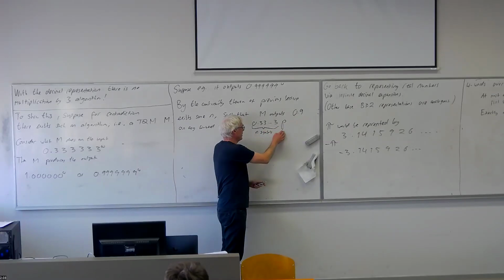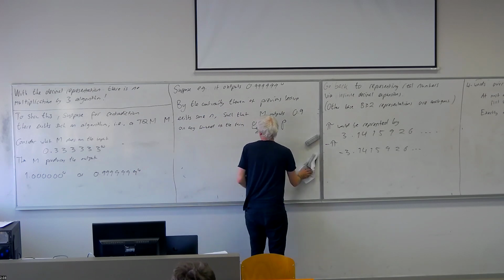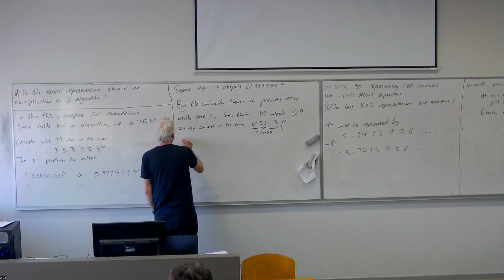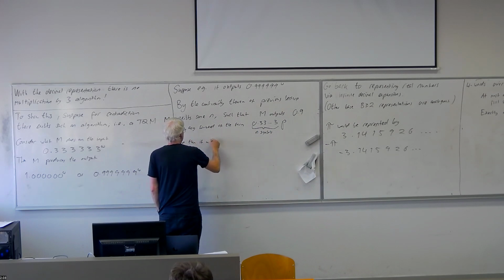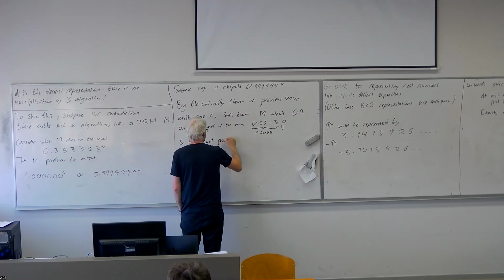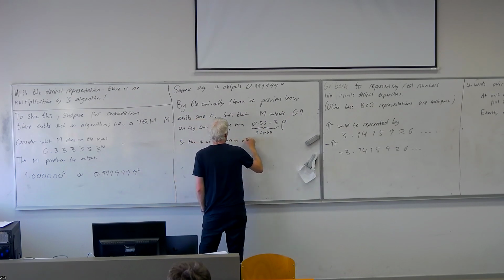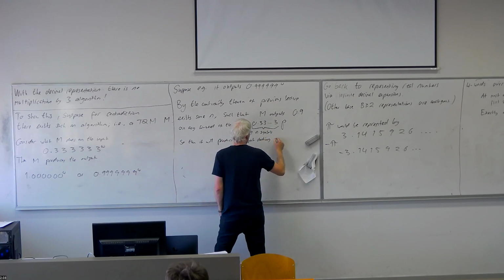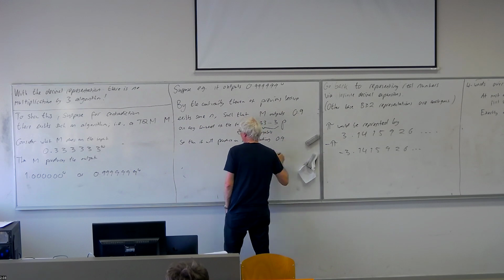So for any number of this form, we'll still get the number starting 0.9. Then it will produce an output starting 0.9 also for the input